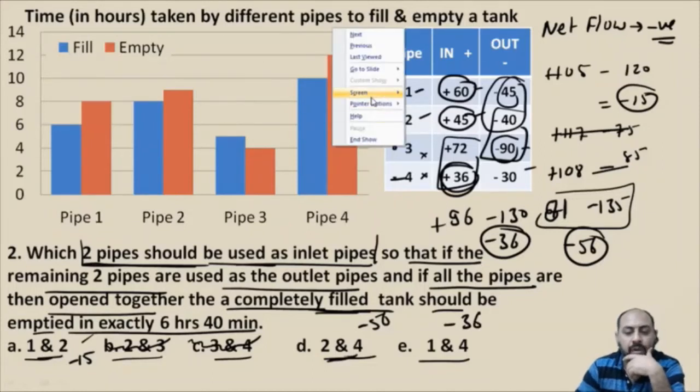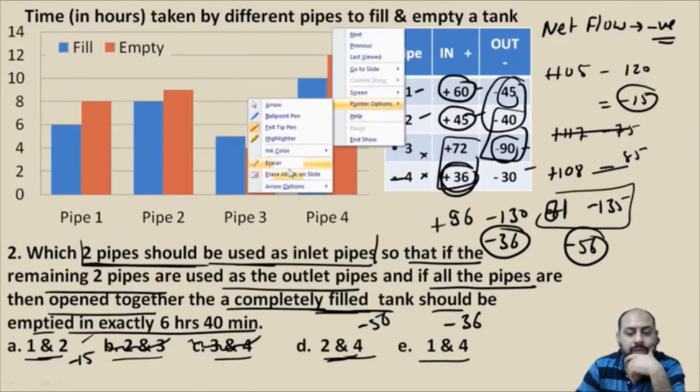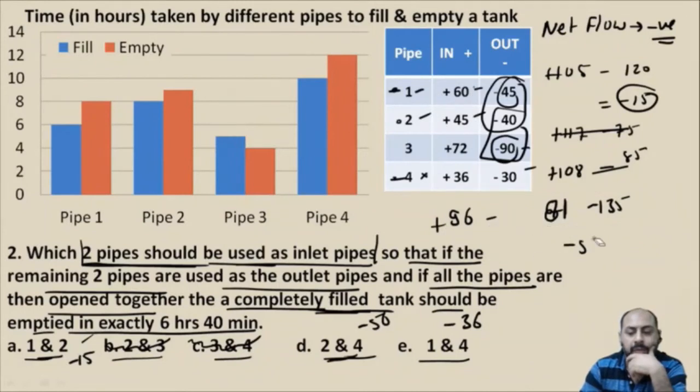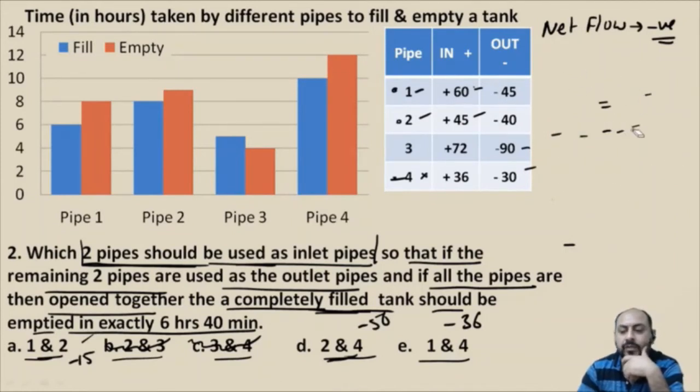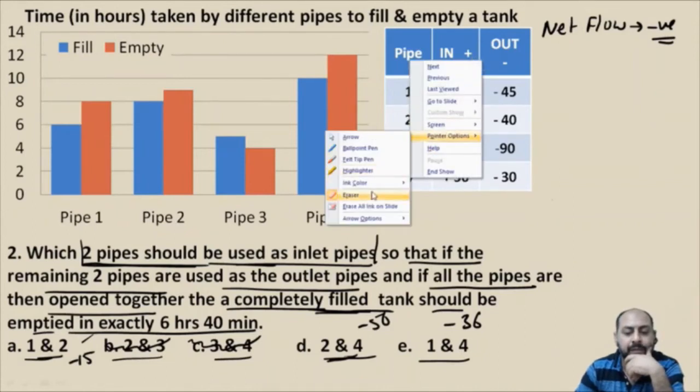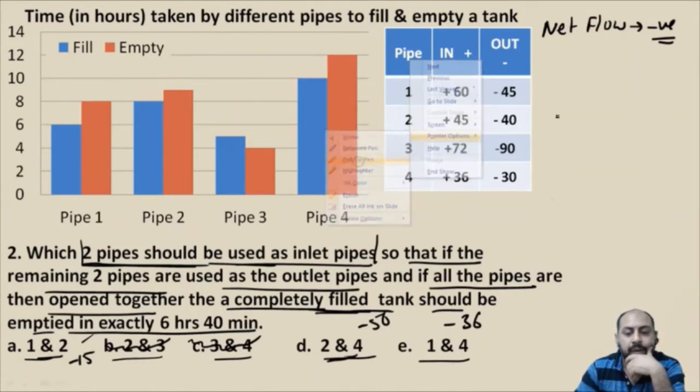So how do we go now? What we do is we just calculate the time now. We just divide the capacity of the tank by these net flows, and whichever gives us a value which is 6 hours and 40 minutes, we should be done with the question, right? Or the other way around, to make it easier, you can simply divide the capacity of the tank by